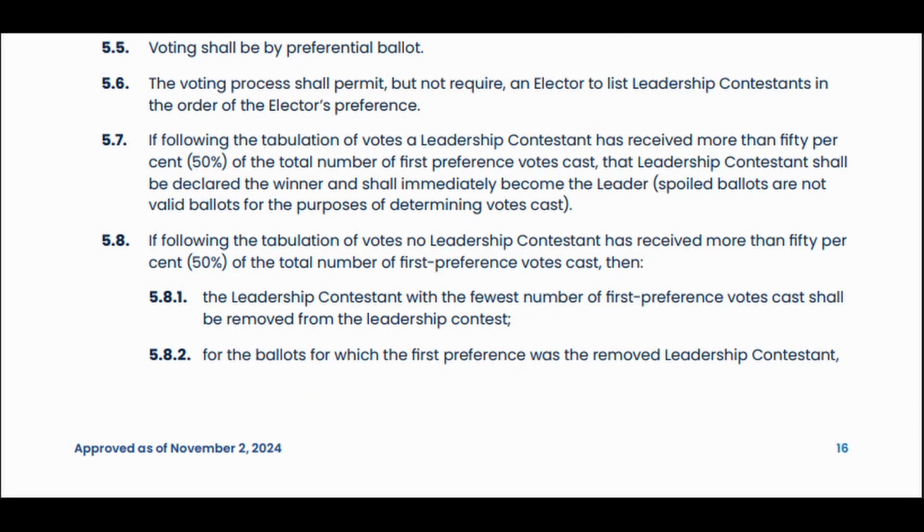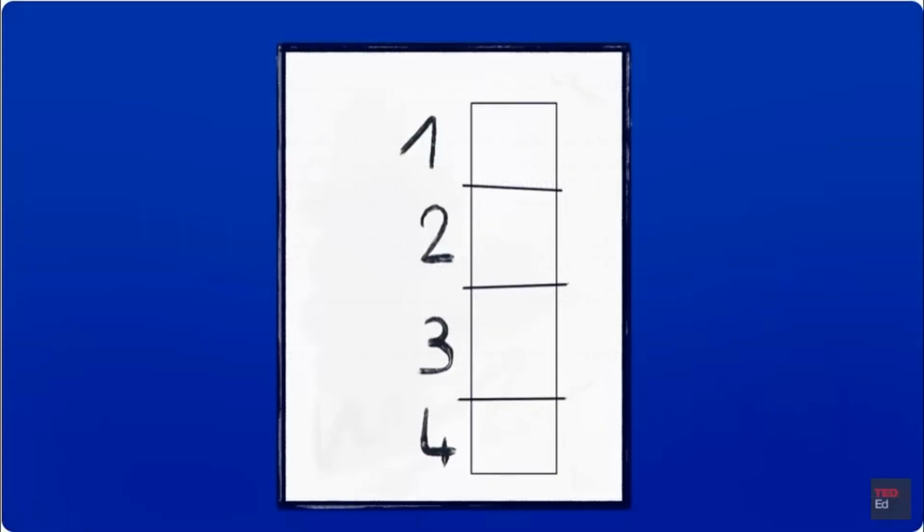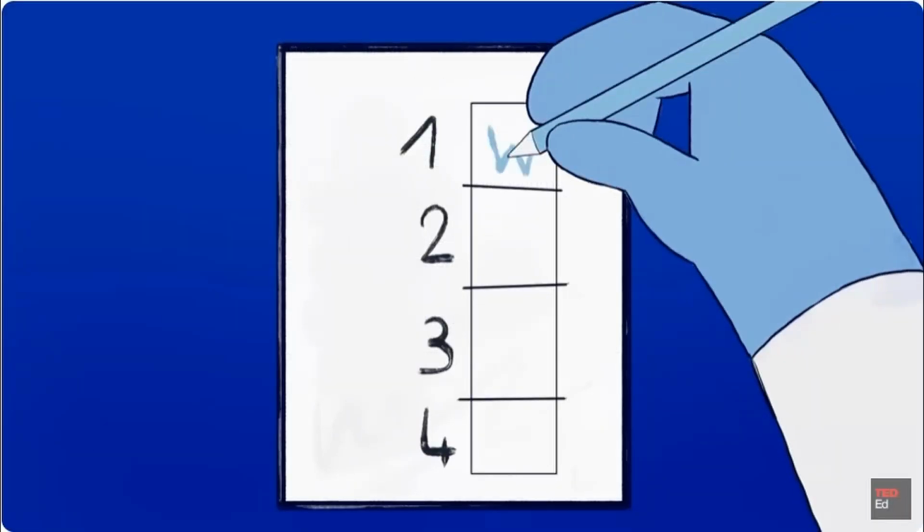The United Conservative Party of Alberta uses a ranked ballot, and the processing steps are specified in Section 5.8 of their governance manual. These steps are the same as what most organizations follow. 5.8. If, following the tabulation of votes, no leadership contestant has received more than 50% of the total number of first preference votes cast, then